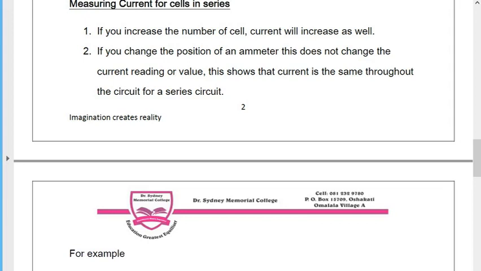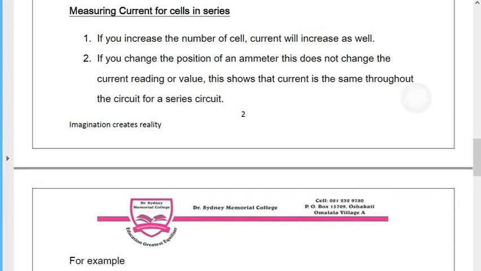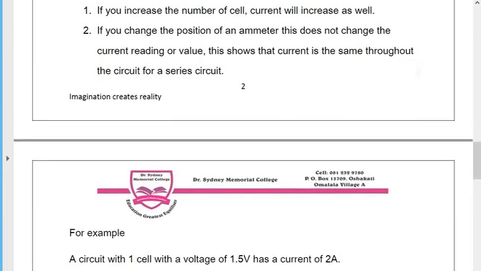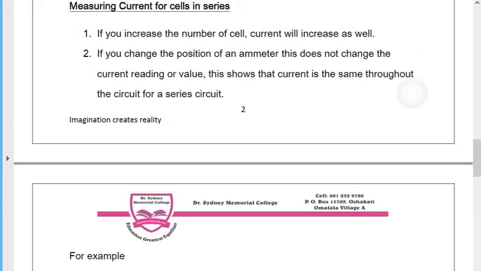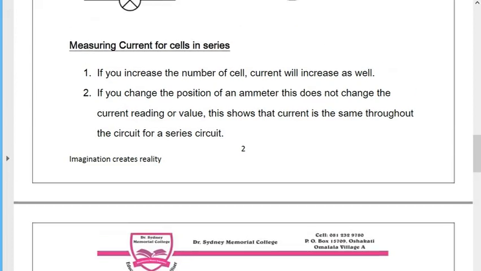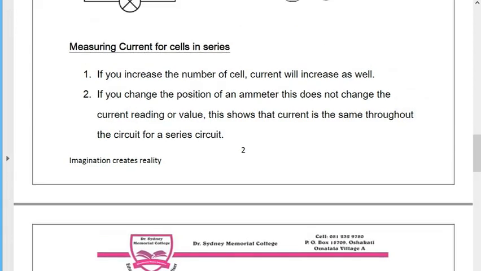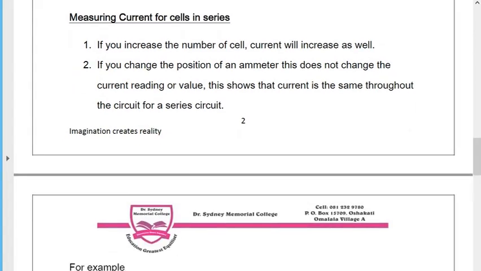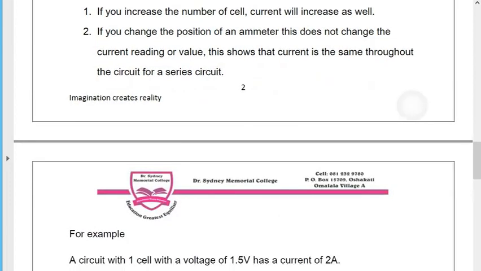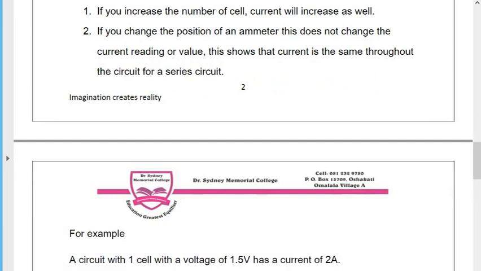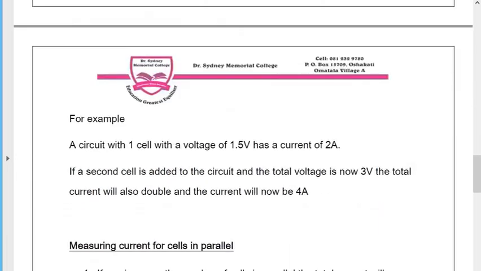If you have one cell which has a voltage of 1.5 volts, remember your cell or your battery is acting like the pump, the one that is pumping and forcing the electrons to move through the circuit. So if you increase the number of cells, the current will also increase, provided that the wire that you are using has remained the same. So if you want current to increase, you can simply increase the number of